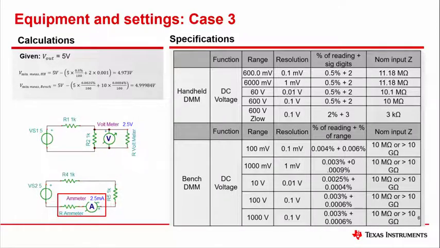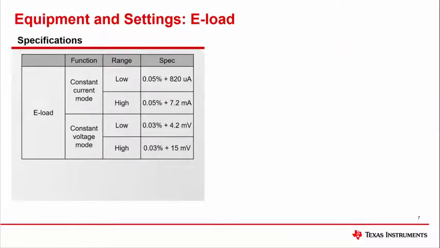E-loads may be programmed to a certain value, but can you trust the numbers? You must account for the tolerance of the E-load. A common way to test the circuit's ability under load is to use an electronic load. Electronic loads can be programmed to act as a constant current sink or constant voltage load. Using E-loads has the benefit of testing a circuit under different load conditions quickly and easily. When programming an E-load, we must take the E-load's tolerance into account.